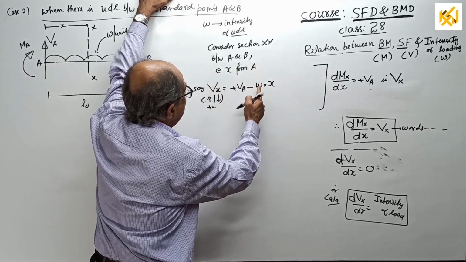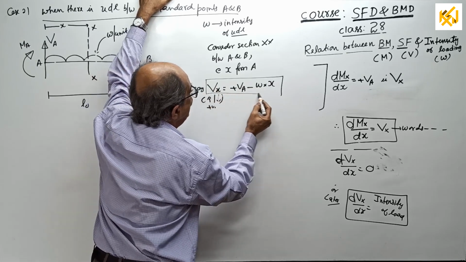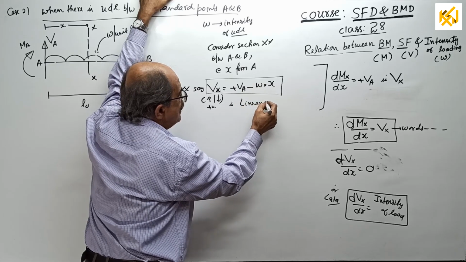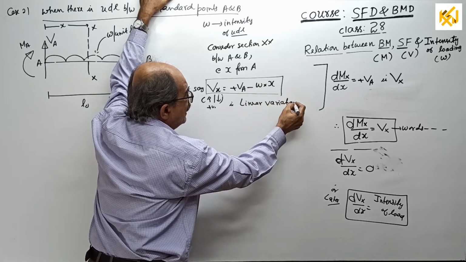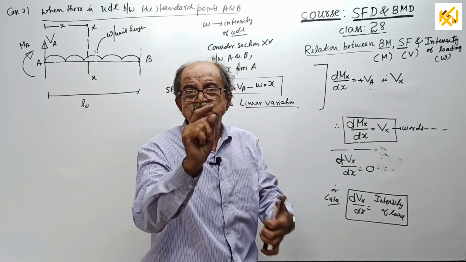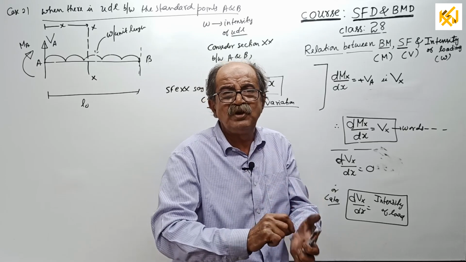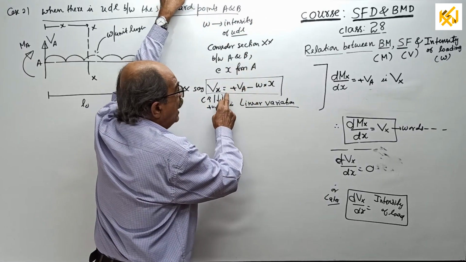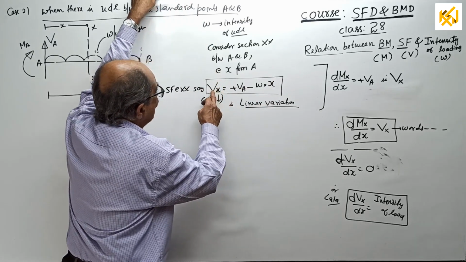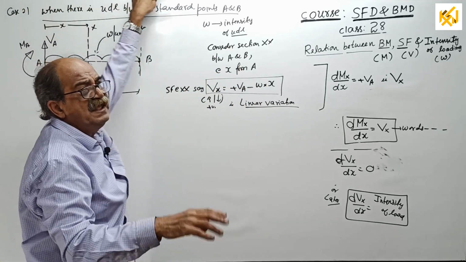Now, this is the expression for Vx, without simplification. That is linear variation. Linear variation is sufficient here, for shear force. Why? The reason I am not writing here, I am telling by words. You should write if you want. Those who are serious should make a note. Why linear? Because always see the highest power of x. Highest power of x is 1. So shear force variation is linear when between two standard points there is UDL.